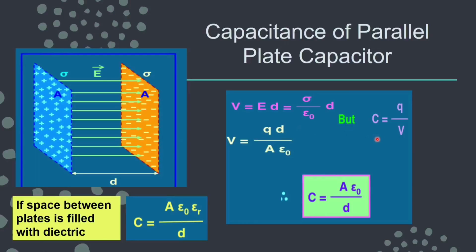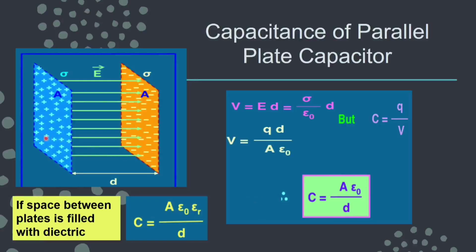But we have discussed the general formula between the capacitance and the charge stored. Then you can put this value. From here you can take the value V, which will equal Q upon C. So you can get the value for C, which comes out to be A epsilon naught upon d. This we have already derived in the previous class: the capacitance of a parallel plate capacitor depends upon the area of each plate, which we have assumed to be capital A, and epsilon naught, because here we have taken air or vacuum as the medium, and d is the distance.